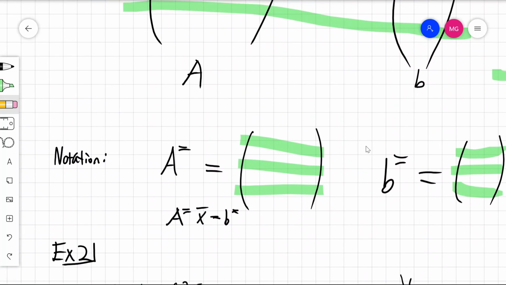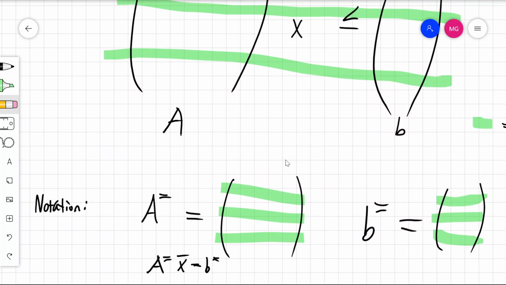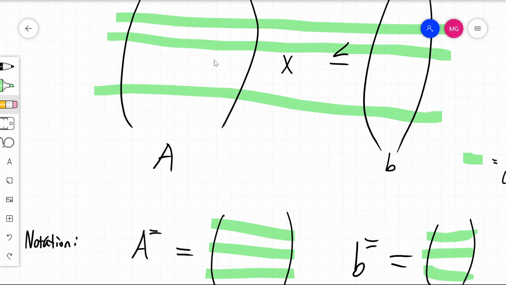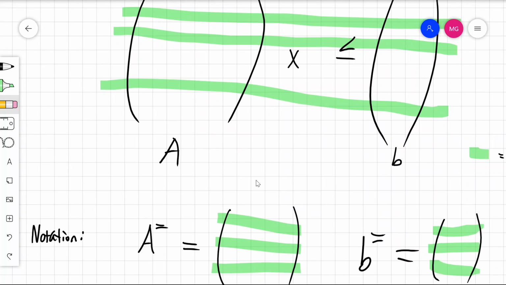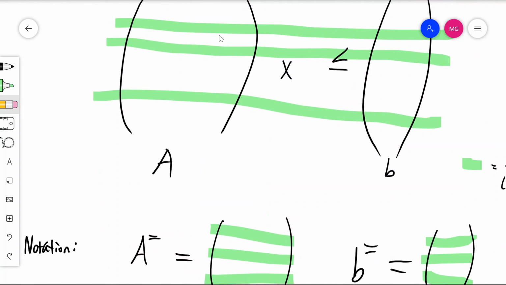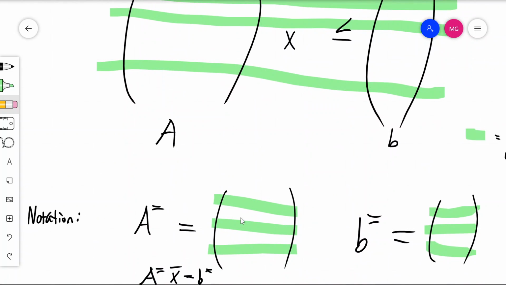Here's some notation: A equality and B equality. A equality, with the superscript equality, is a submatrix of the matrix A. So I have the system here, and I have the point x bar, and then I've highlighted the tight constraints. A equality is going to be the submatrix consisting of just those tight constraints for that point. I just take those highlighted rows and smush them together, and that gives me this matrix